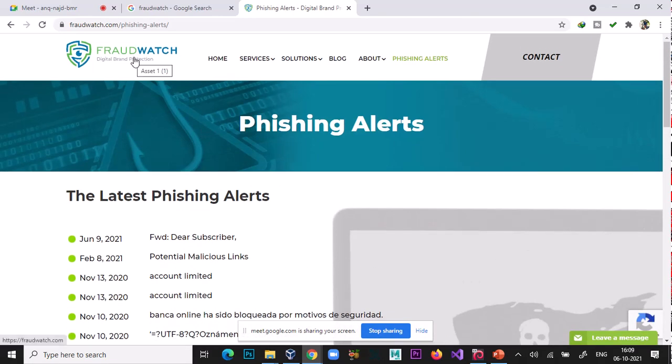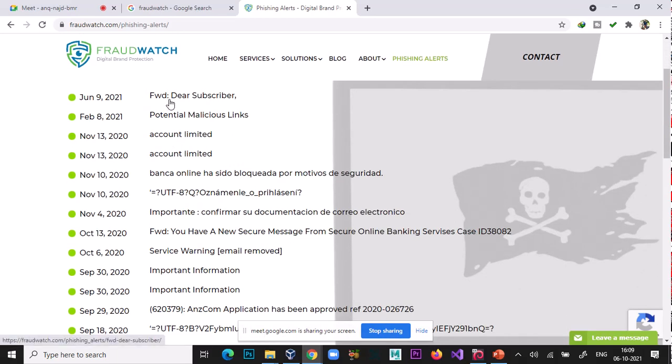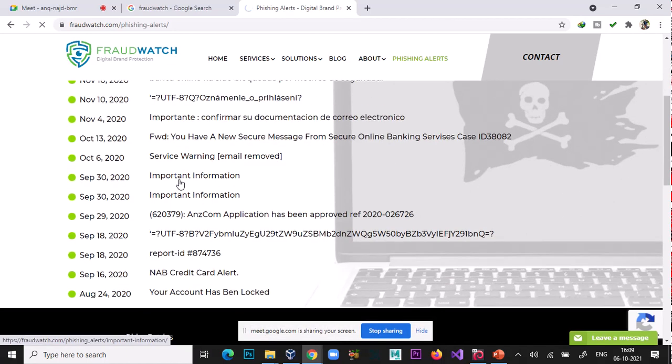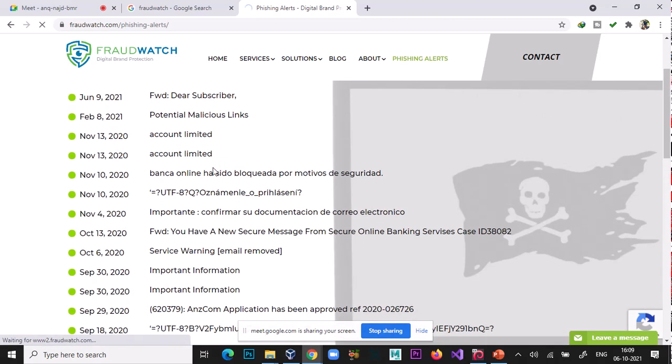So this is another website for reporting phishing attacks, Fraud Watch International, and you can report your phishing attack here. Here you can see these are all the phishing attacks performed by various attackers.